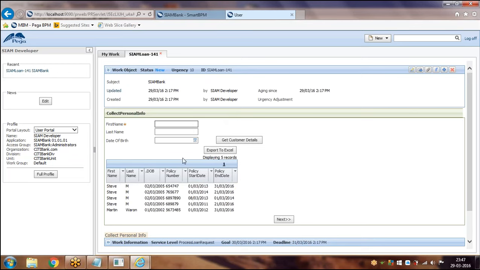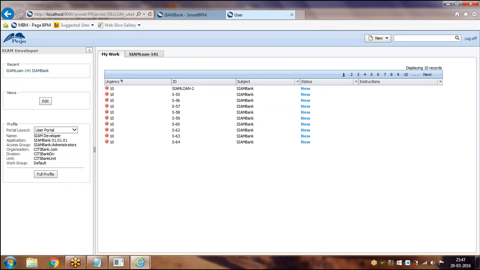The list view is referred to in the flow in the UI. So even this is a work list, right? Everyone knows this. A work list is nothing but the work objects which are assigned to a single operator. So this is also a list view.